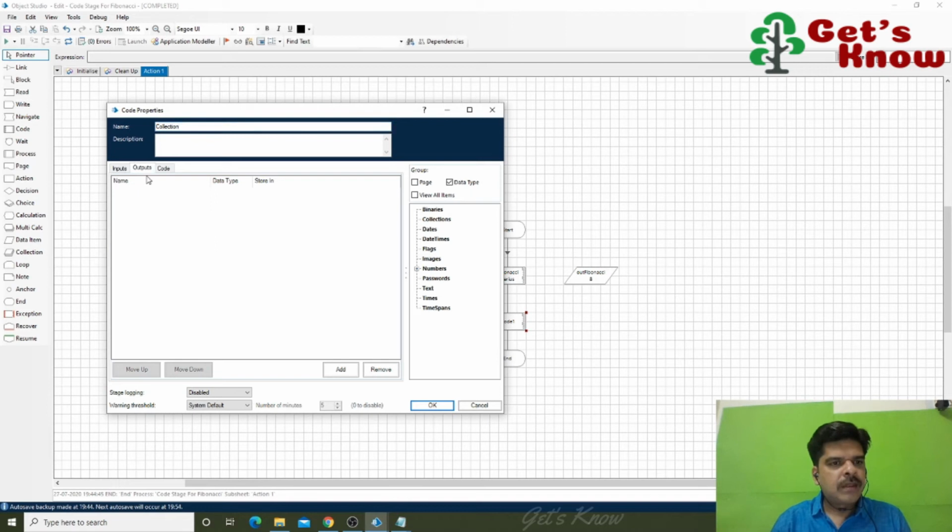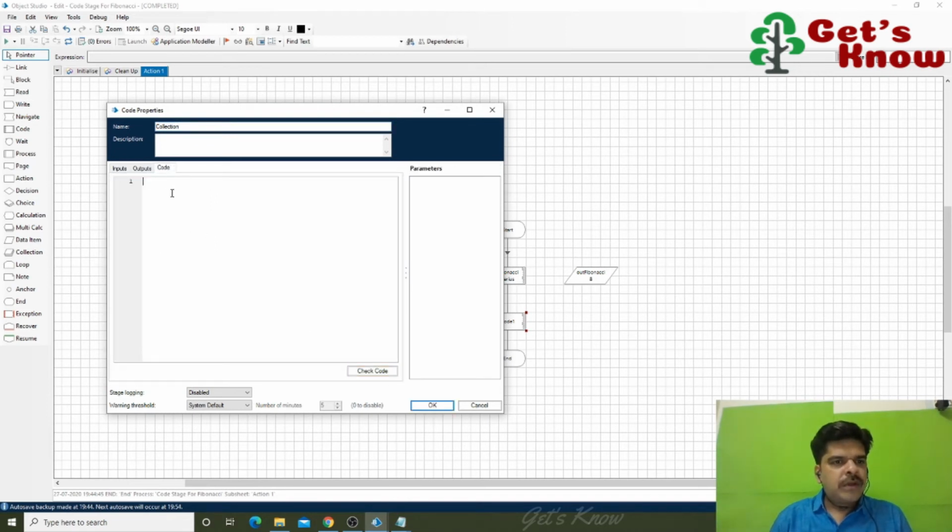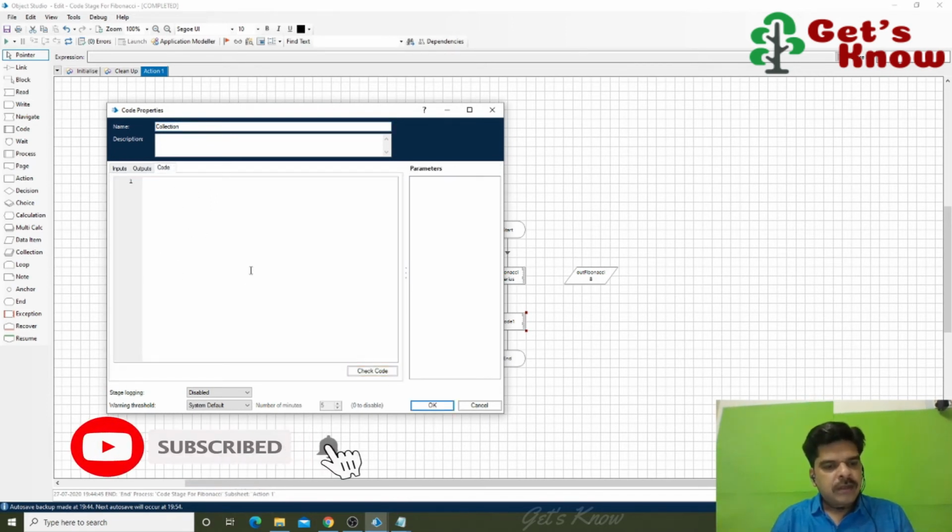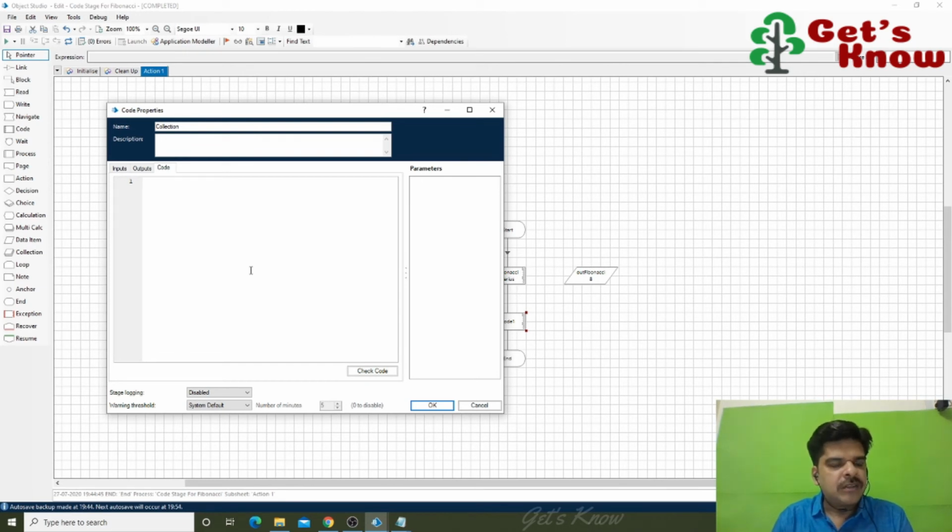Collection. Then first code: first you have to get all the values, all the collection, all the Fibonacci values into the array. How? Integer new int of some number you have to pass. The same one also you can give, and here in February, okay.